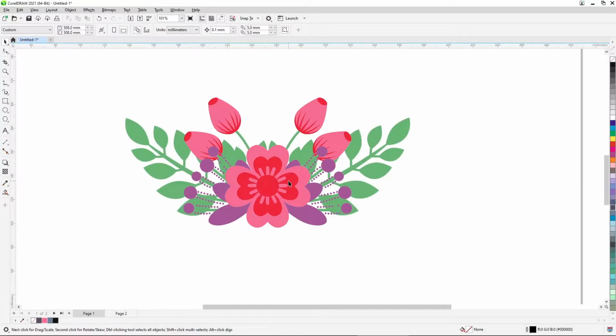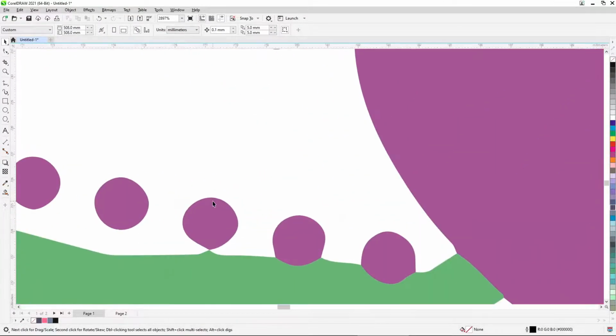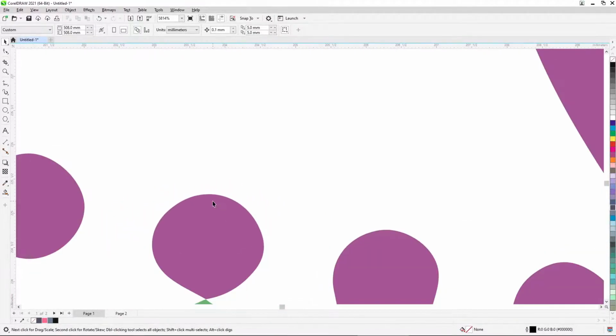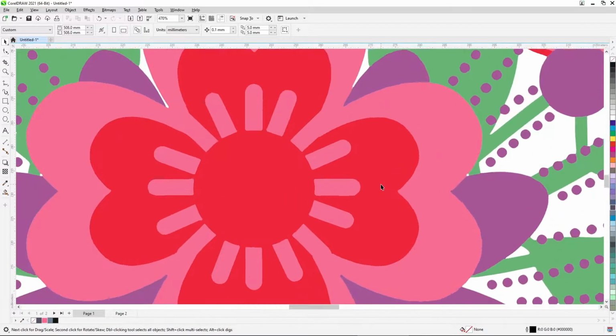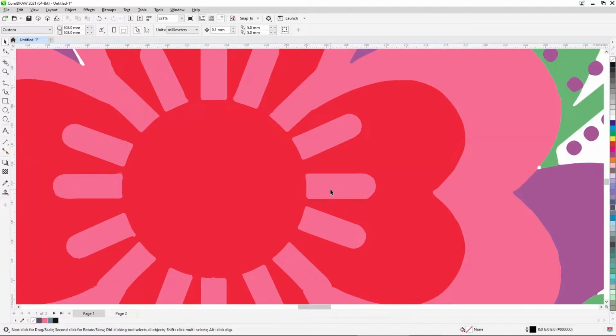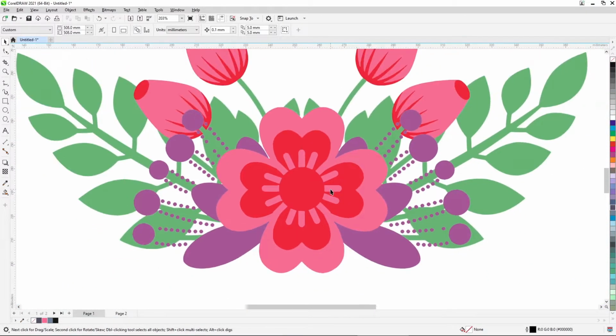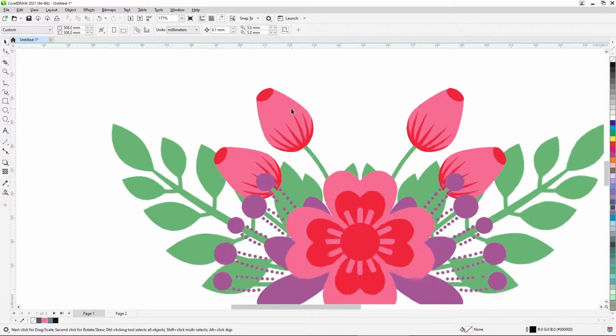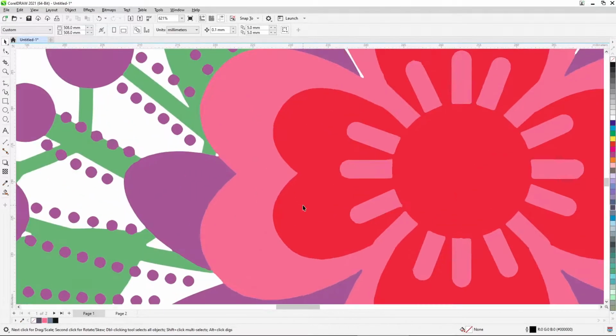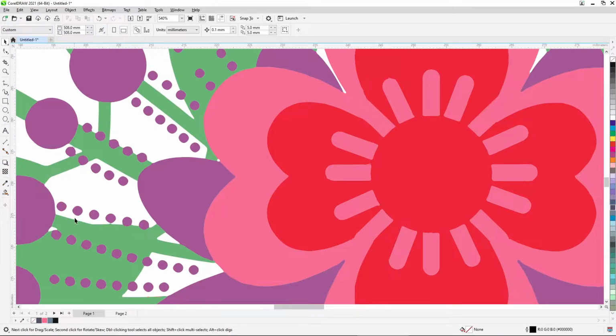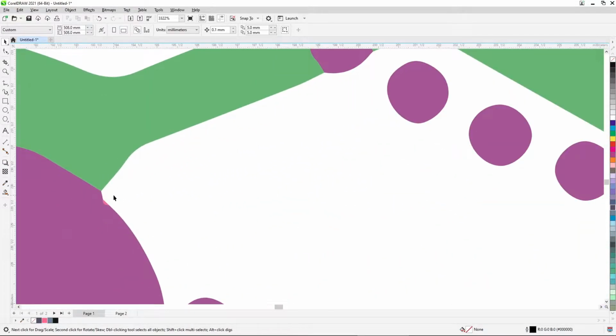Now this is a vectorized file, so irrespective of how much you zoom in, it's going to be the same because it's not a rasterized image anymore, it's a mathematical formula. So this is how the file looks once it's vectorized. Also, I wanted to show you one thing. Let me find that. Yeah.